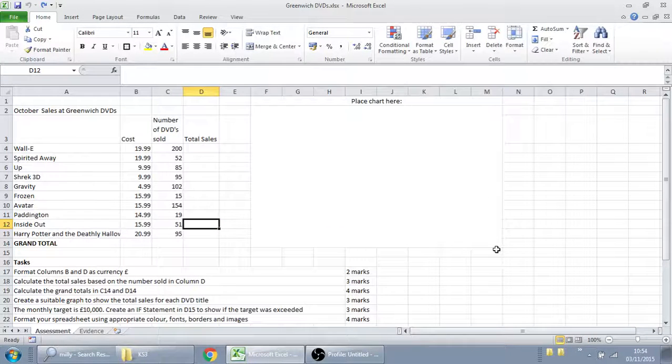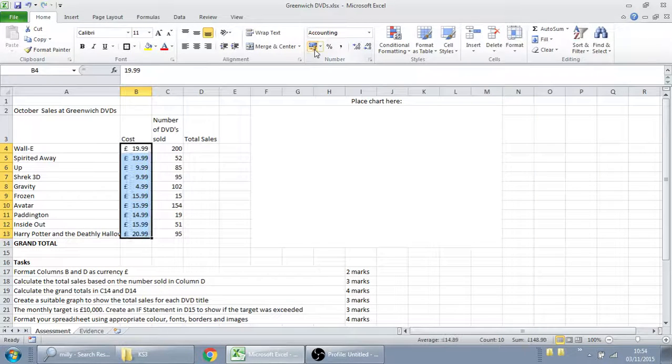Right, okay, so in this first tutorial we're going to talk a bit about formatting. And the first bit of formatting that you're asked to do in this task is to format columns B and D as currency. And we can do this very quickly with 2 clicks. We're literally just highlighting column B, and then we can click on this money icon here, and that will format